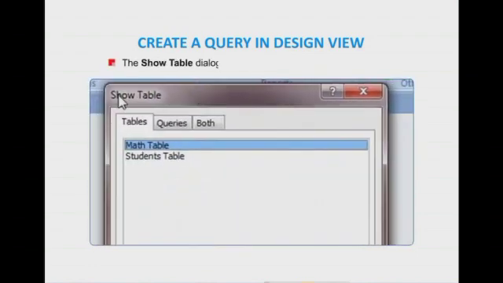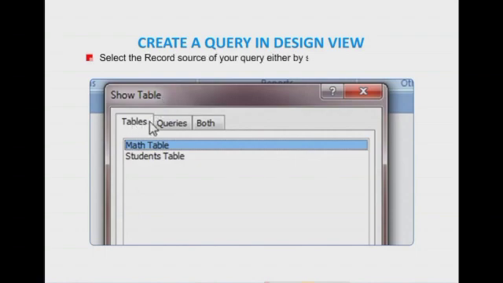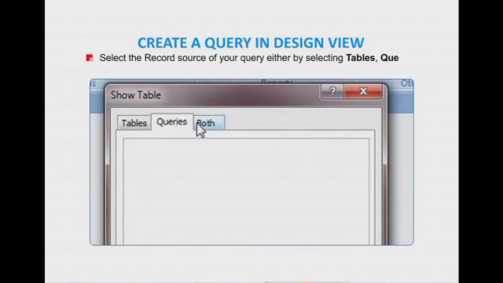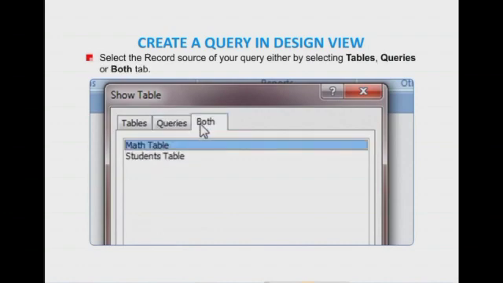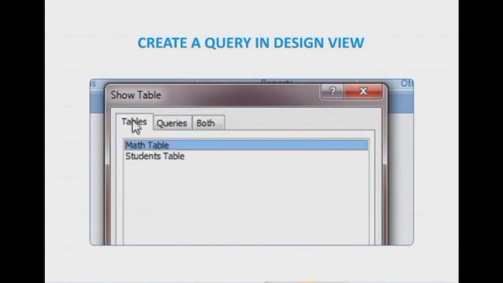The Show Table dialog box will appear at the bottom of the screen. Select the record sources of your query either by selecting the tables, queries, or both tabs. Here we have selected the table students.